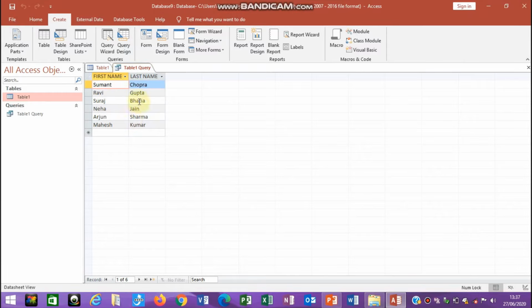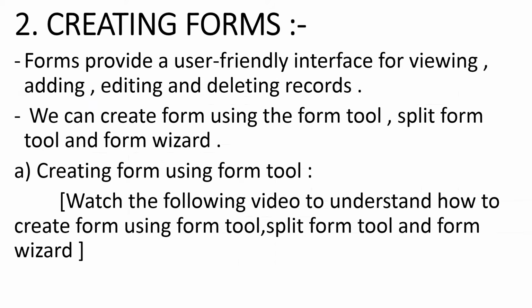Creating a query means you will see only the data that you selected. In this way you can create a query and access only those fields that you want.